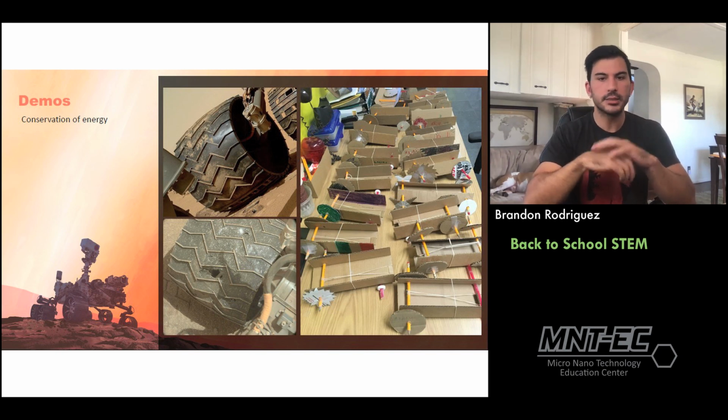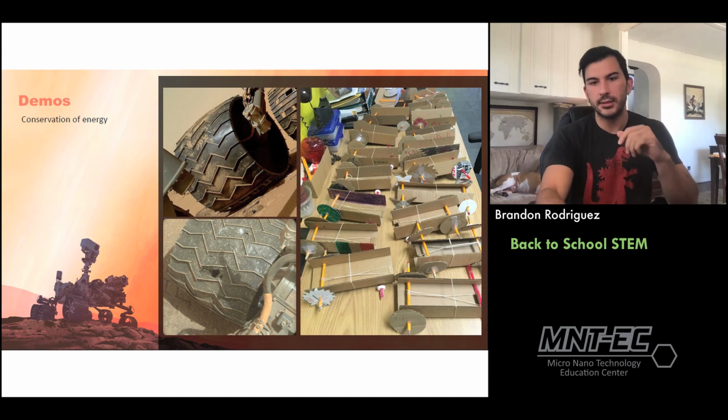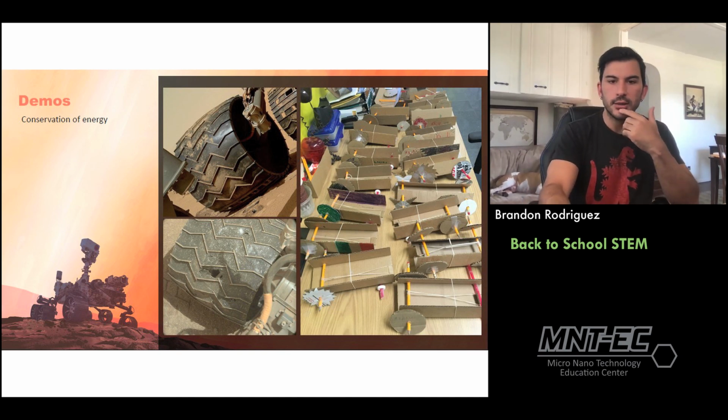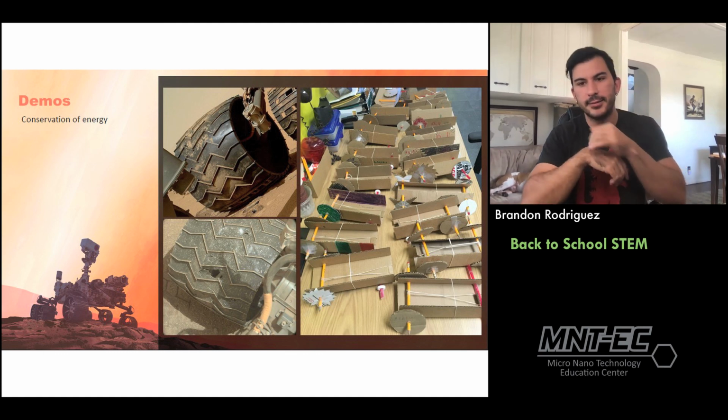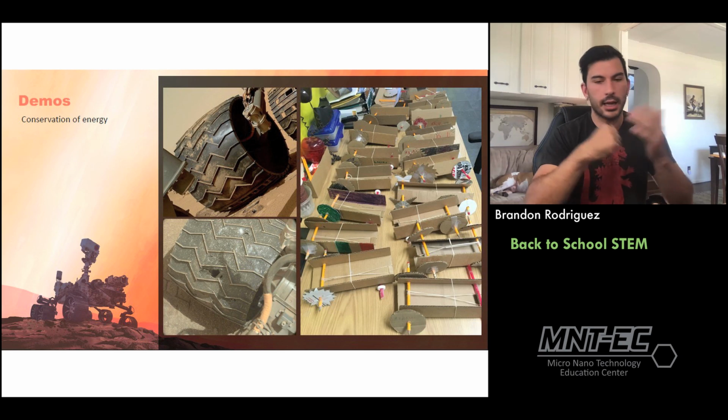Now, for younger kids, it's all about just the design of the wheel, right? What's the best shape? Is it this little perfect circle or this kind of saw blade or throwing star kid over here? That one's not it. But for my high school kids, it's conservation of energy. So for them, their bigger task, and I honestly believe that you could do this with an intro physics class in community college for sure,